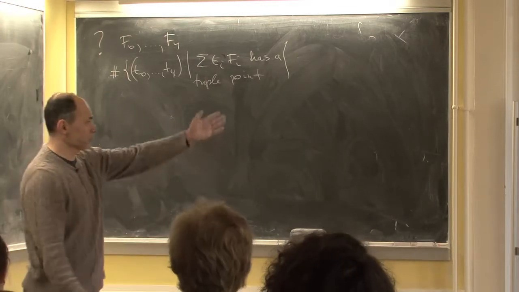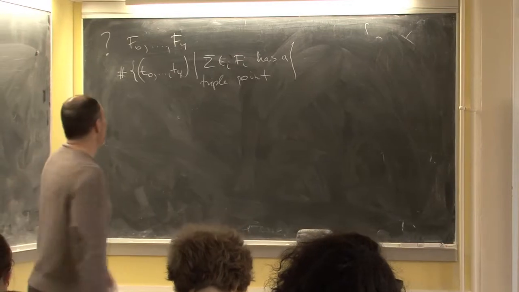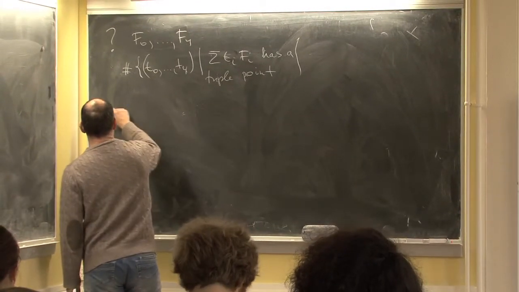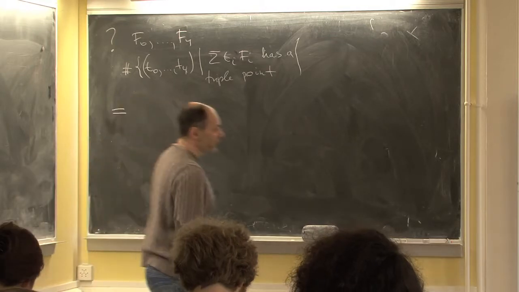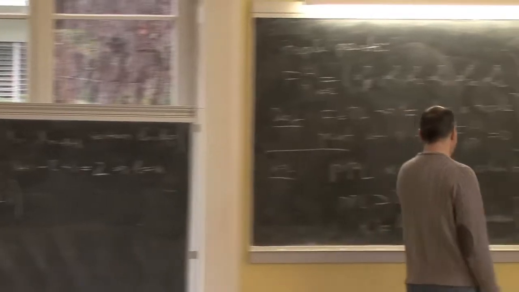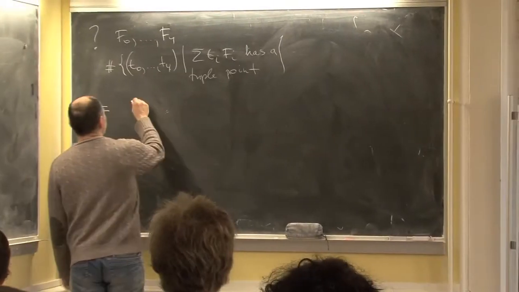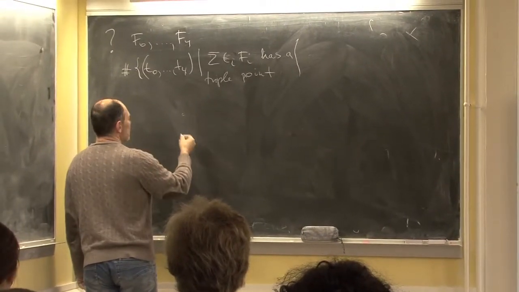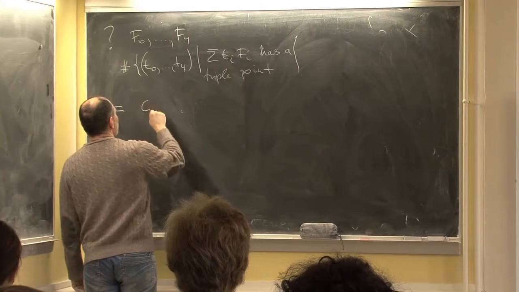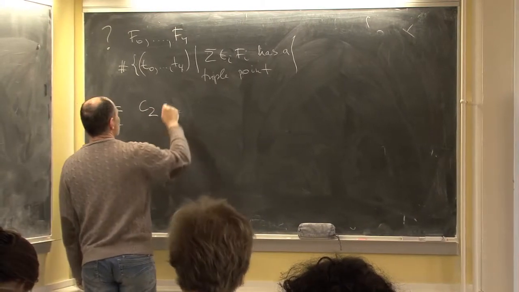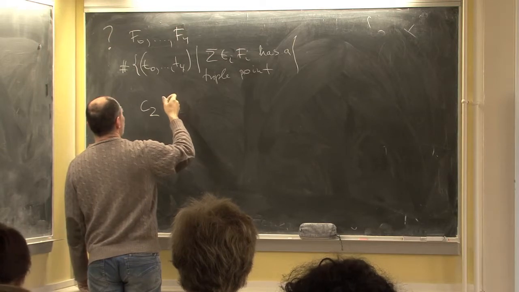Now that's the question. Now it's codimension 4, so this is some number. I want to calculate it. And the answer, so you repeat precisely what it is, so I'm not going to repeat all that logic. I'll just do it for n equals 2. Otherwise, there is some function of n that you have to write. But anyway, it's easy to see what it is. In this case, it's the same story. It has to be C_n. So here it says C_2. So this is just n equals 2. C_2 of